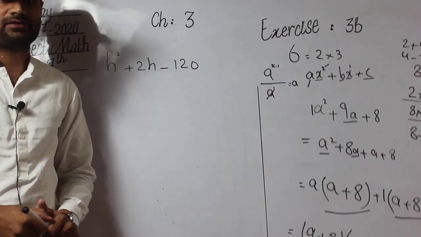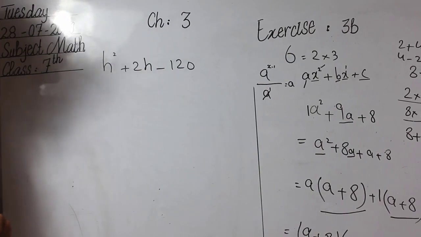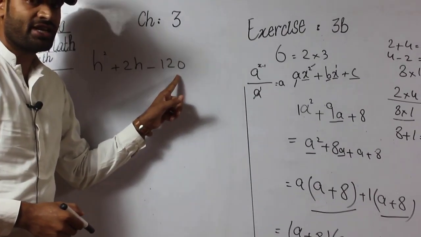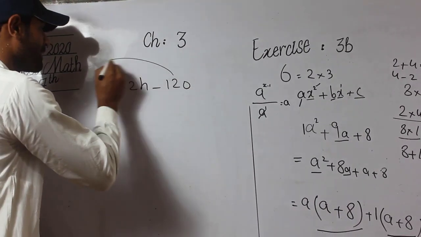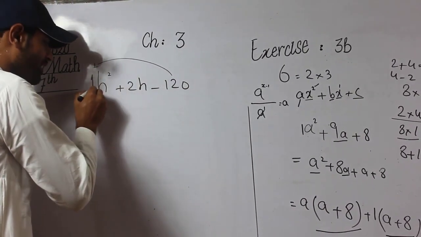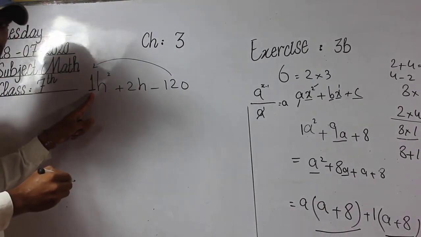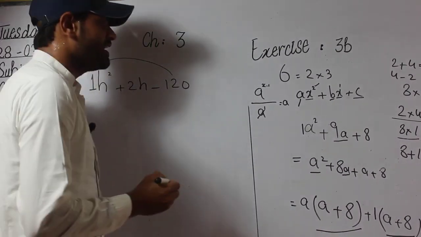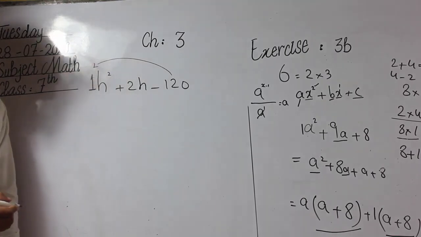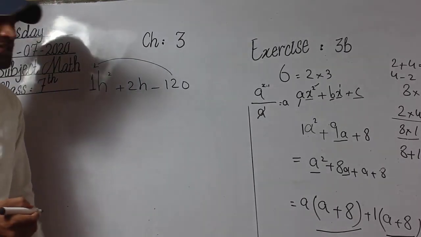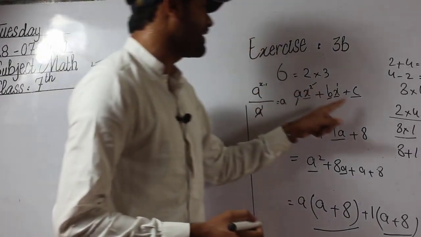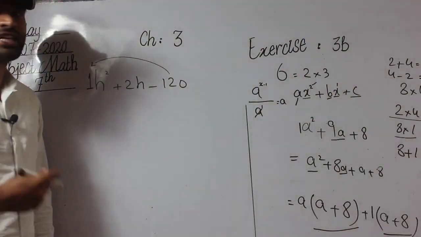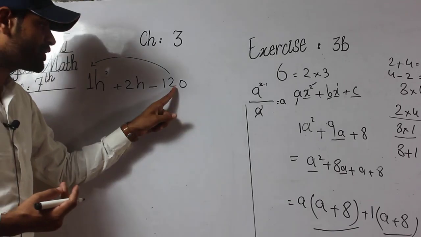The same factors: b plus 3 and b plus 5. So I take the other part of the exercise, a² plus 2a minus 120. The first method is to first multiply the constant with the coefficient of the highest power. Its coefficient is 1. So 120 multiplied by 1, we get 120. It does not matter, we need two numbers whose product is 120, and we first need to find these two numbers.